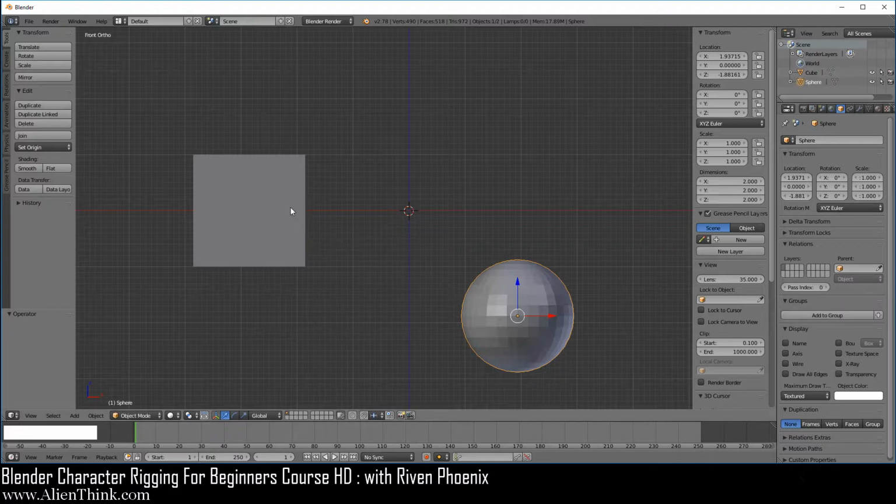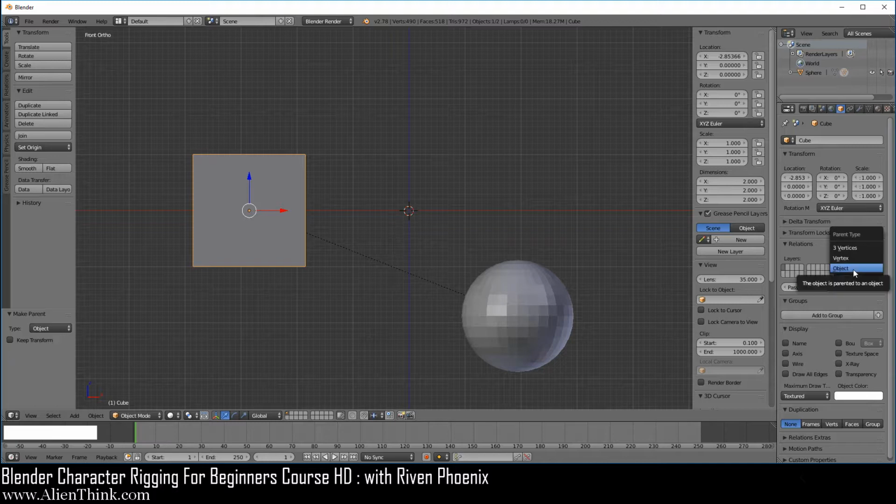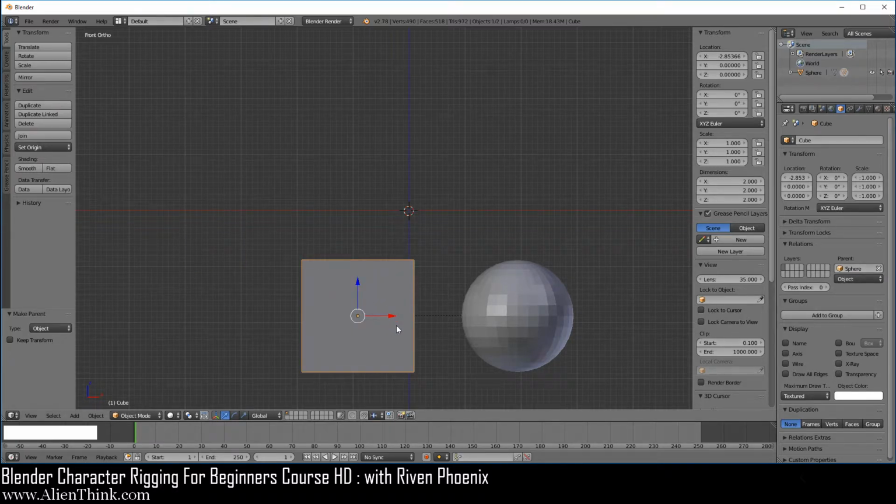Now if you do it the other way, if you select the cube first because you want it to be the child, press the Shift key down, click on the sphere, do Control P and select object, you'll see that the same thing is going on over here. Imagine that this is the center of the 3D grid. So if we click over here and click on object, you'll notice that it moves.